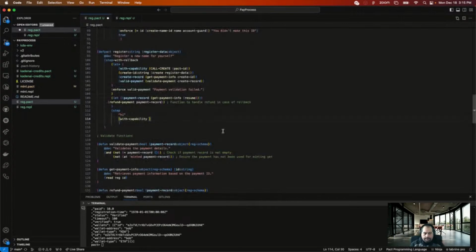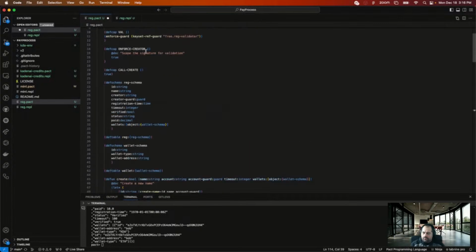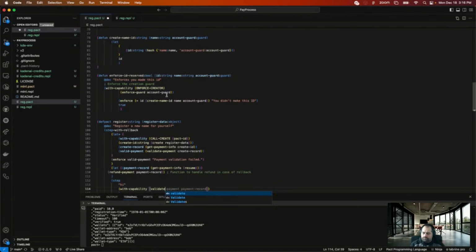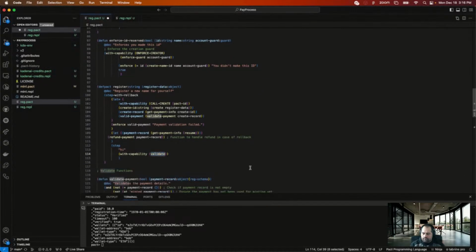Validate, what do I call it? Val. With capability val, and that will run validate dash payment.